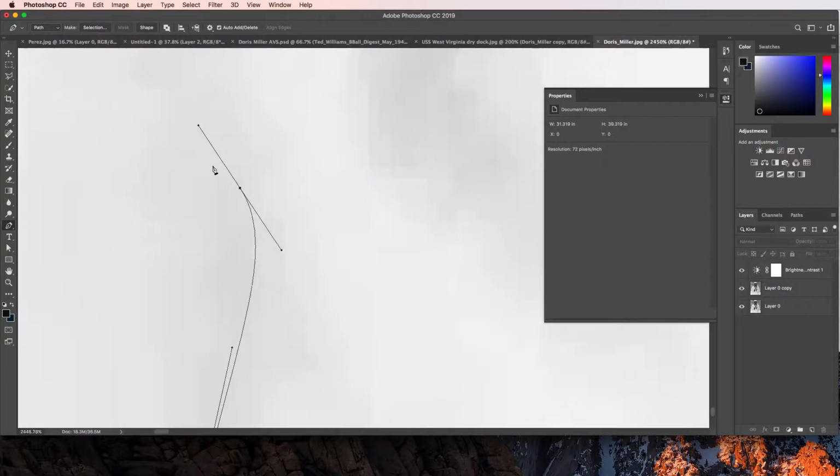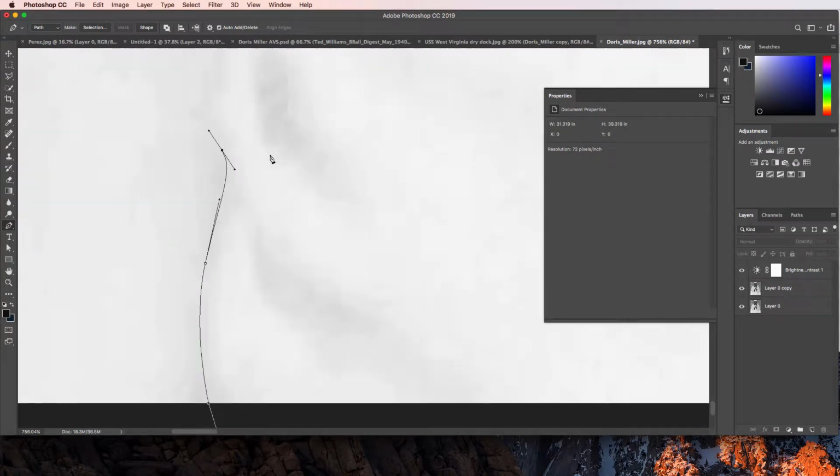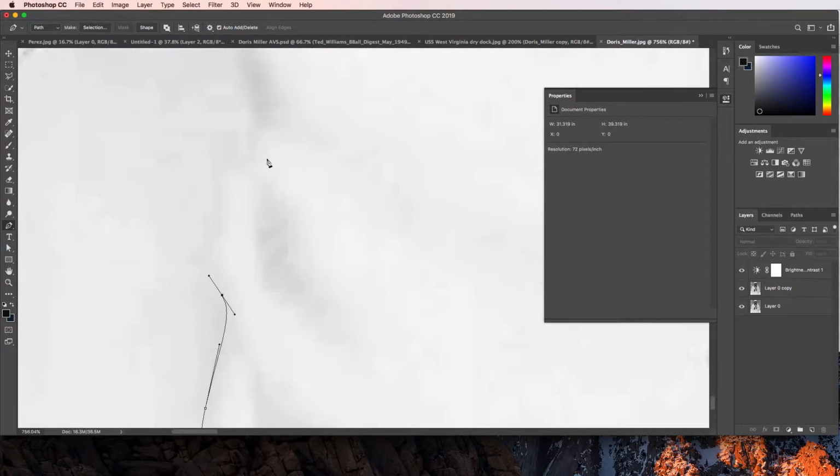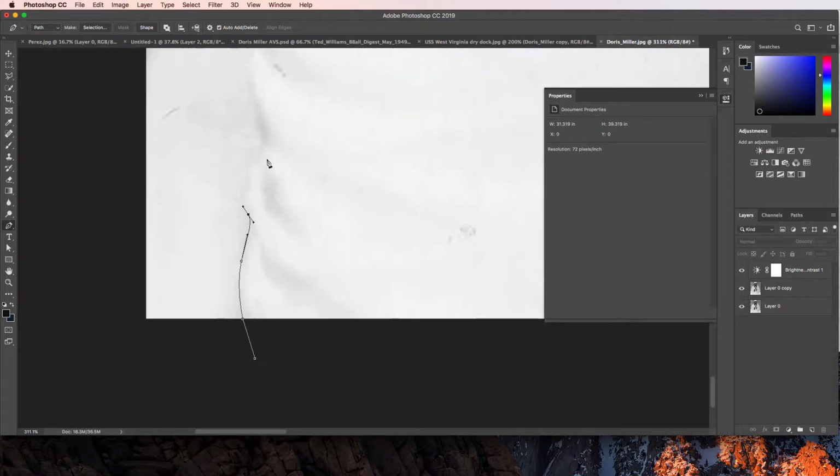Let's see if I can zoom in a little bit more. Sometimes zooming in more doesn't actually help because you lose track of the bigger picture of what you're working on. Also, these little handlebars, you can actually grab them and move them. That's important because as you do that, it helps control the direction of the next line that you're about to make. So for instance, if I grab this handlebar and pull it out over here, the next time I drop,